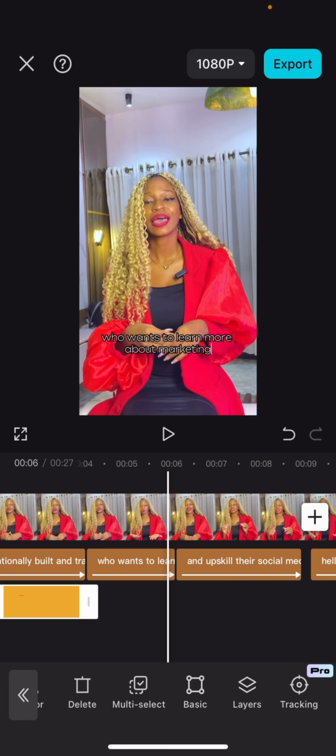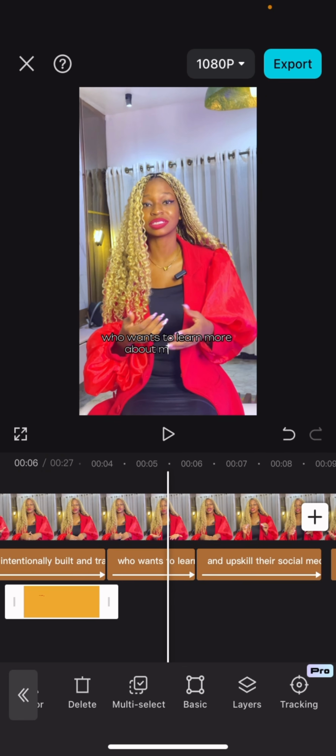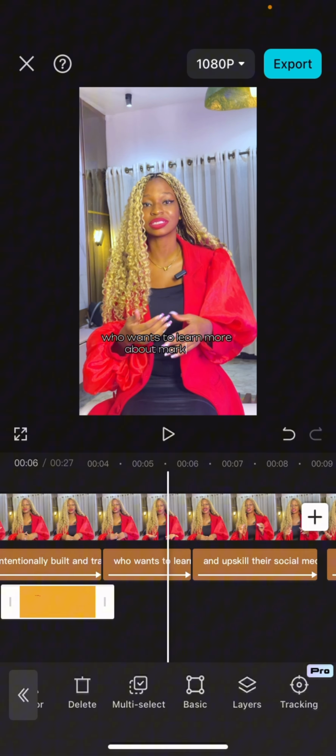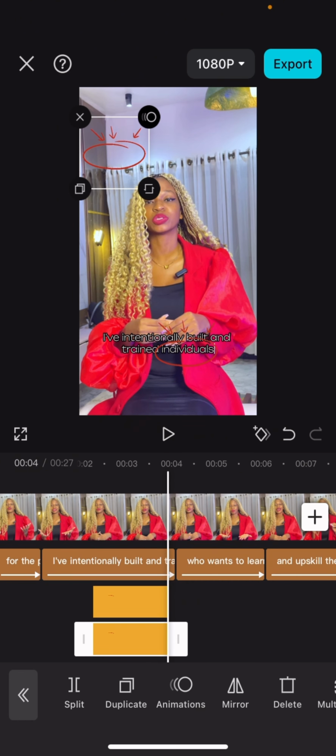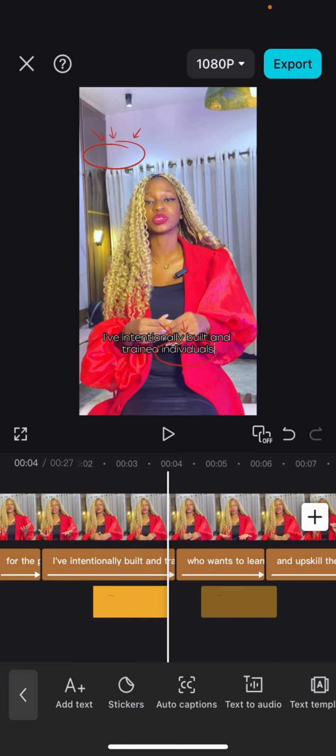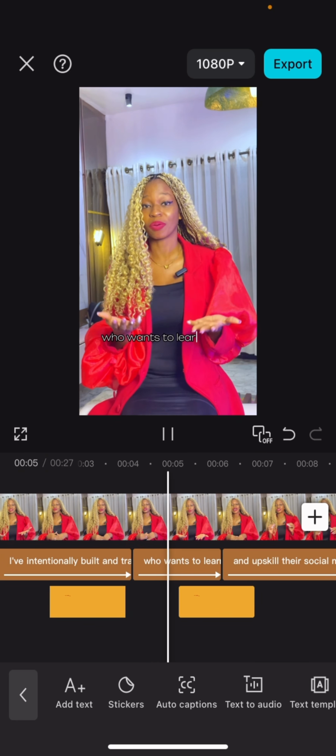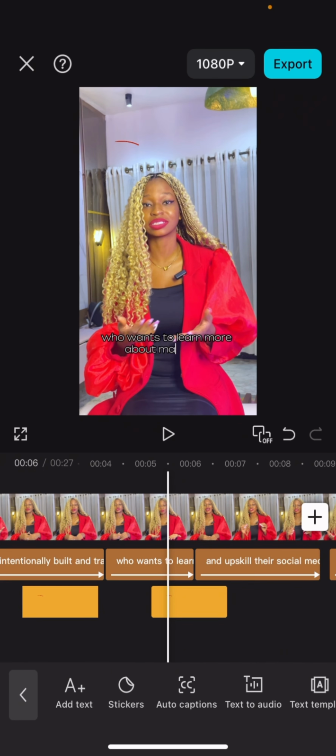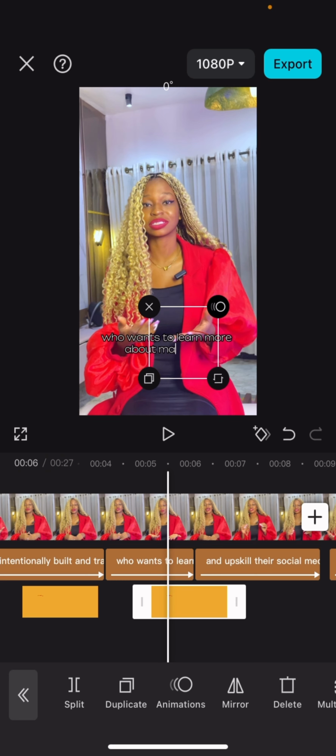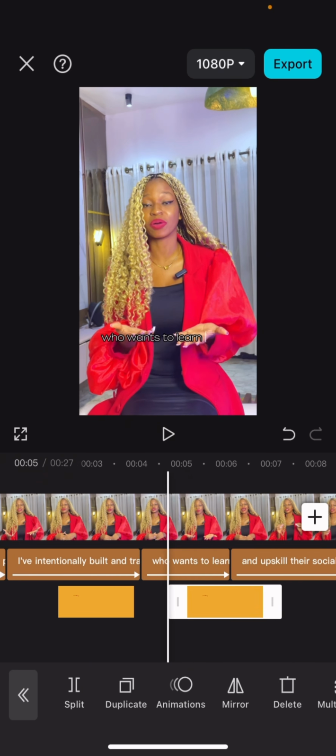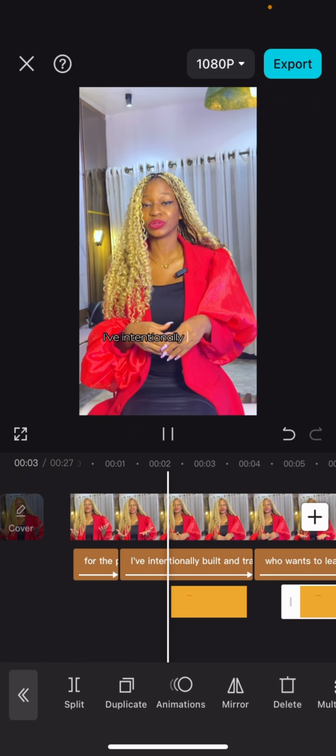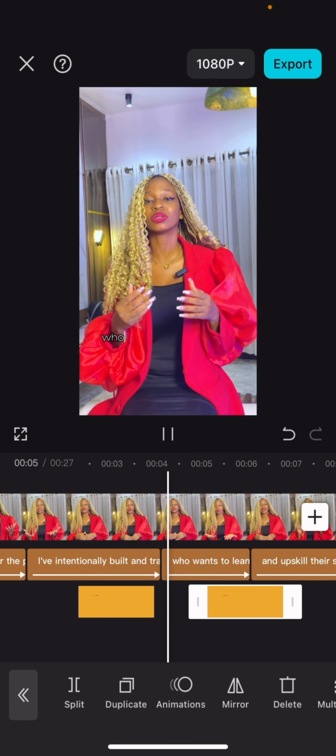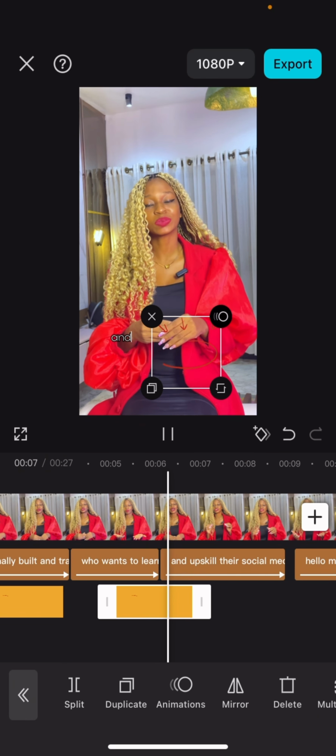And I can do the same thing for marketing as well. So instead of going back to stickers and adding, I can just simply duplicate this and drag it to "who want to learn more about marketing." So I drag this here and let's see how that looks like. For the past 2 years, I've intentionally built and trained individuals who want to learn more about marketing and upskill their